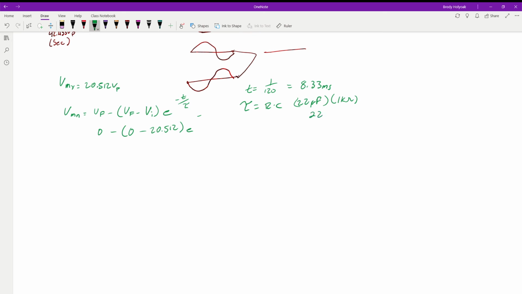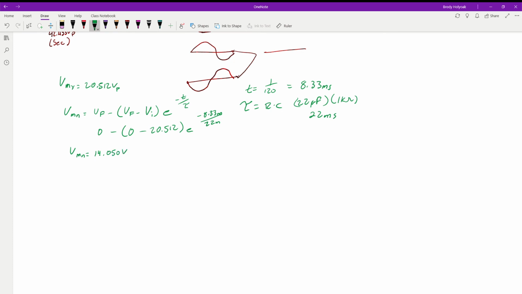And so that gives us 22 milliseconds. So come back to the formula, we're going to put the negative 8.33 milli divided by the 22 milli. We plug that into our calculator, and when we're finished, we get a V minimum of